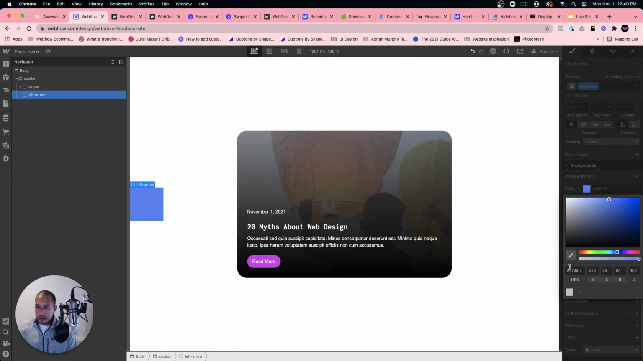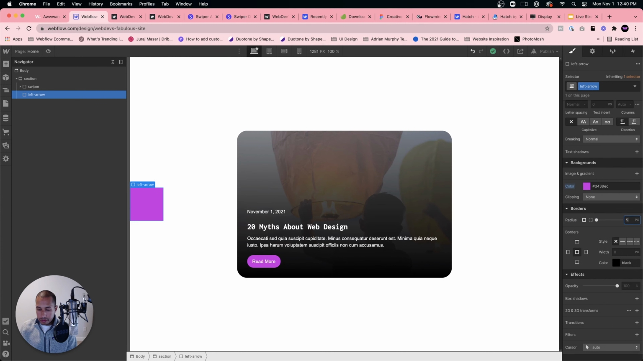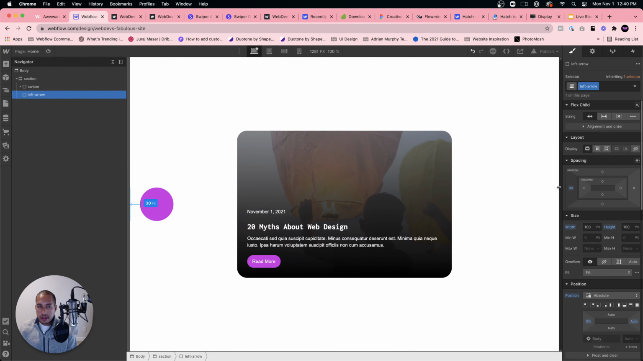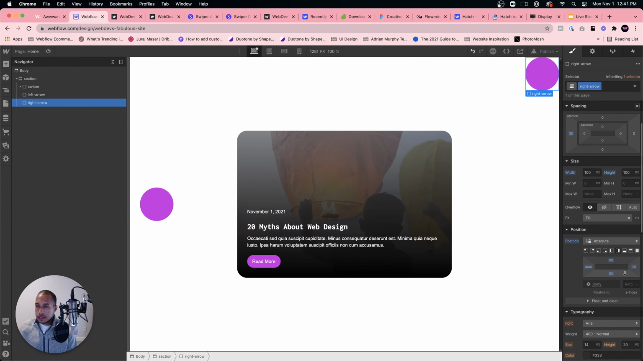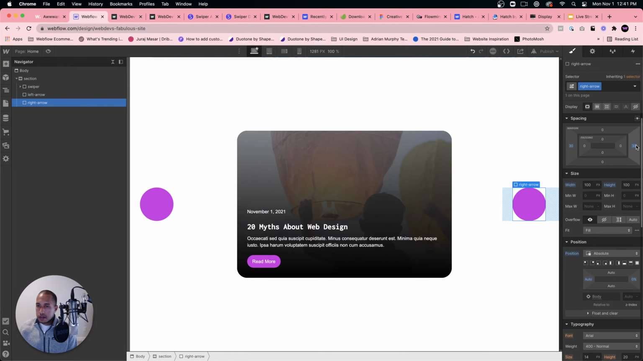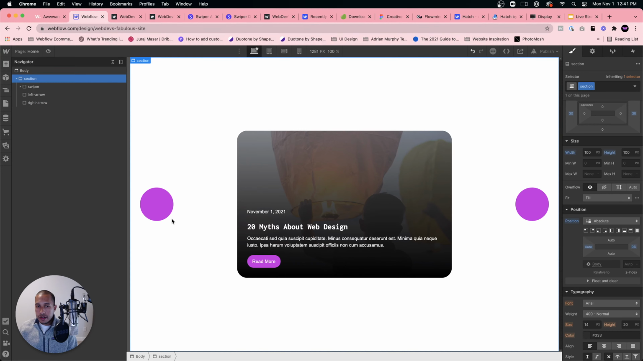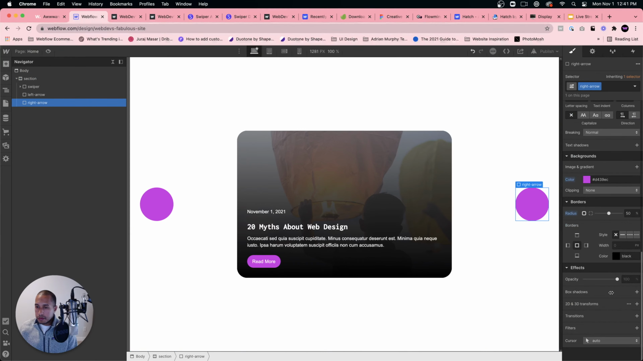We'll give it the same color as this. There we go. And radius, we'll set it to 50%. Okay, and we'll give it some margin from the left. Cool. Then I will copy and paste, duplicate this. We'll call this right arrow. And I'll position this to the right. Make the top and bottom auto, and then give it some margin of 30 from the right. All right, these are just example arrows, so I'll set the cursor to pointer,